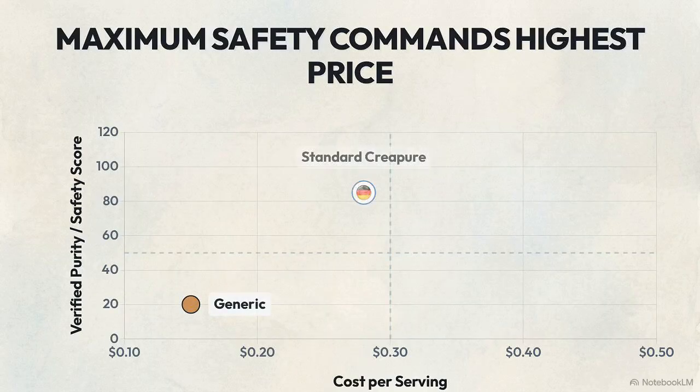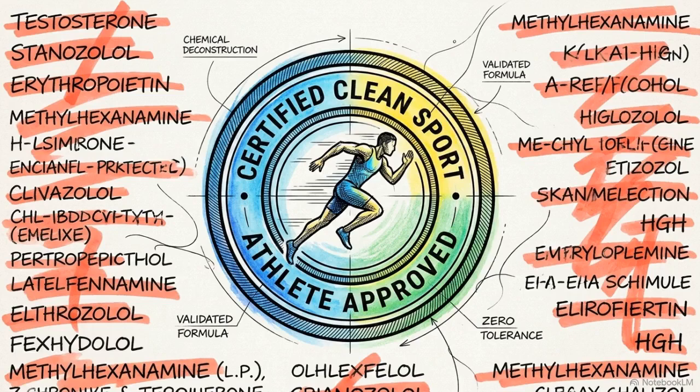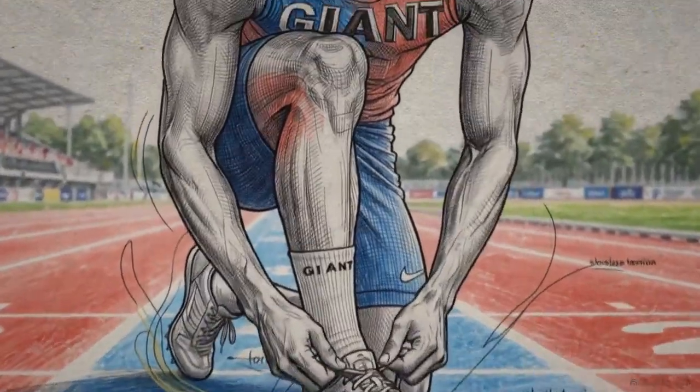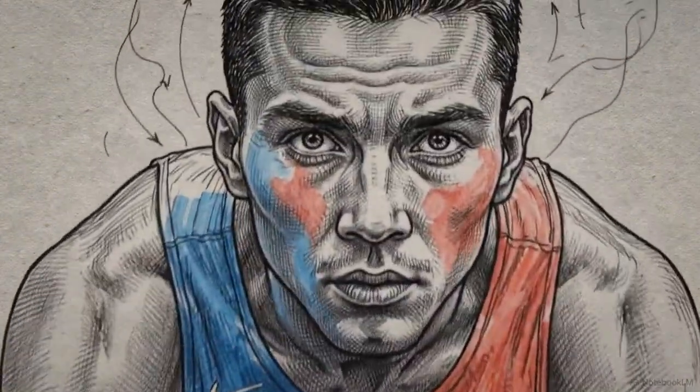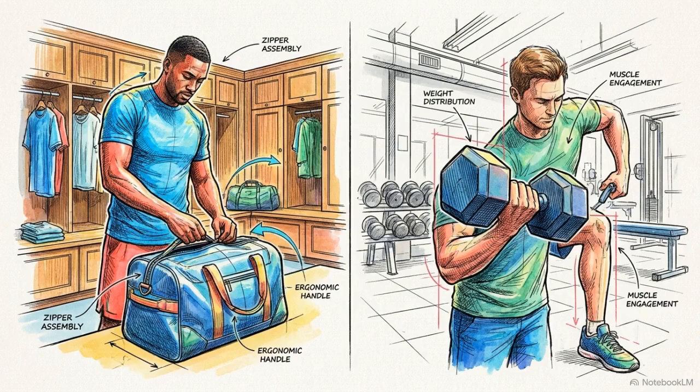This occupies the absolute top edge of our chart, maximum safety at the highest possible price point. NSF certified for sport means an independent lab tests every single production lot for over 270 banned substances and performance-enhancing drugs. This level of scrutiny ensures zero risk of cross-contamination, a requirement for any athlete subject to professional drug testing. This certification pushes the price to the top of the market, often exceeding 36 cents per scoop. NSF certification serves as professional-grade insurance for drug-tested athletes, adding significant cost without changing the underlying muscle-building results for recreational